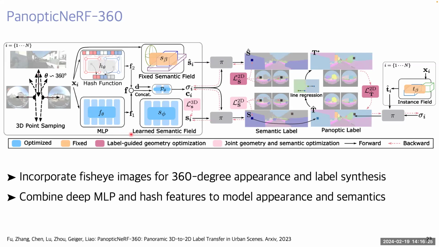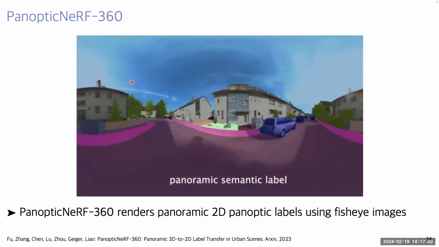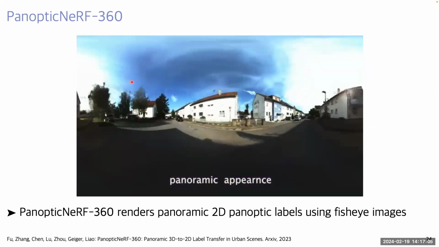So what we observe is that if you simply use a hash feature for reconstruction, then you can get very good appearance, but it leads to more artifacts in the semantics because of the high frequency or the hash collisions. And the MLP actually provides a smoothness prior, or a smoothness bias, to give better semantics or remove the noise in the semantic prediction. However, it does not really lead to very good appearance. So we observe that the combination of the hash feature and the MLP feature leads to the best performance in both appearance and semantics. So this is the result we have in Panoptic NeRF 360,